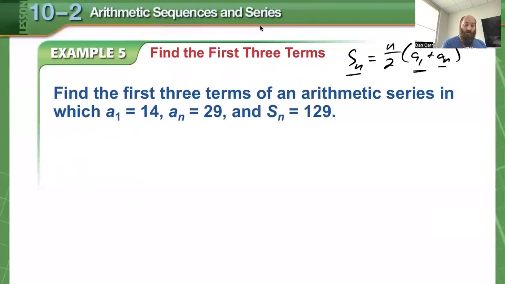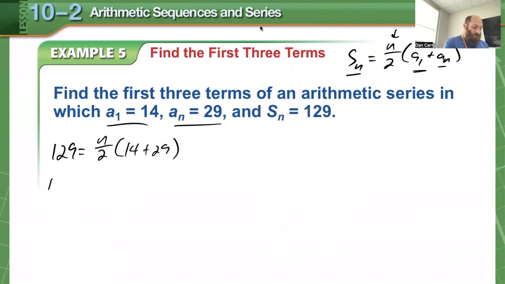There are multiple parts to this one. This is going to tell us n. Once I have n, I can use that to find my common difference. We don't know the common difference, which tells me how I change a sub 1 into a sub 2, a sub 3, a sub 4. So let's fill in our formula with what we have. We have 129 with an n over 2 times 14 plus